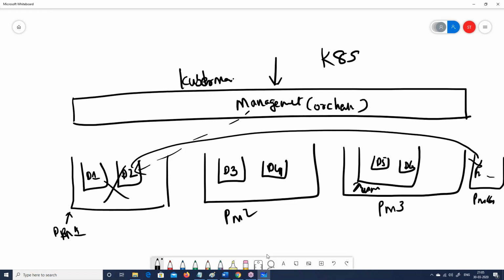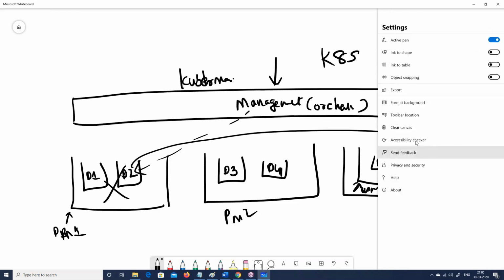But definitely the marriage between Kubernetes and Docker is so strong that when you talk about Kubernetes, Docker has to be a part of it, right? At this moment, they are gelling very naturally with each other. So this is the basic of Kubernetes. Now let us go ahead and understand the different blocks which are there in Kubernetes, right?